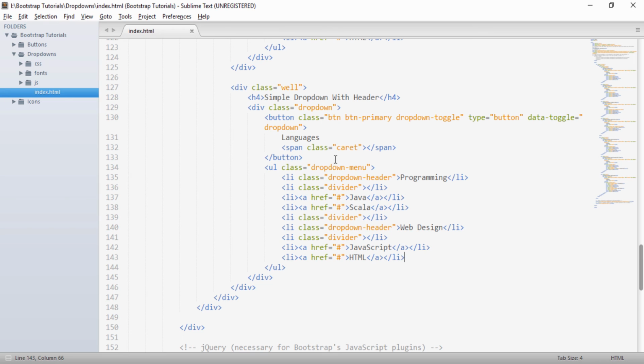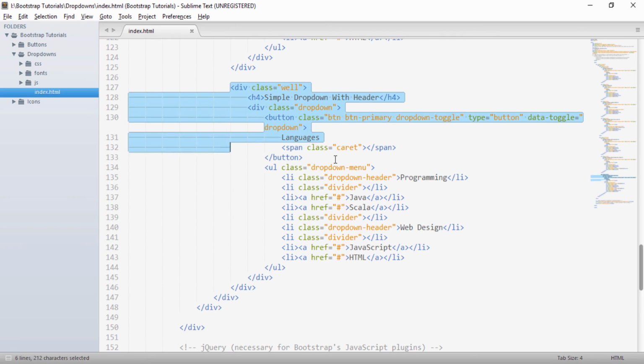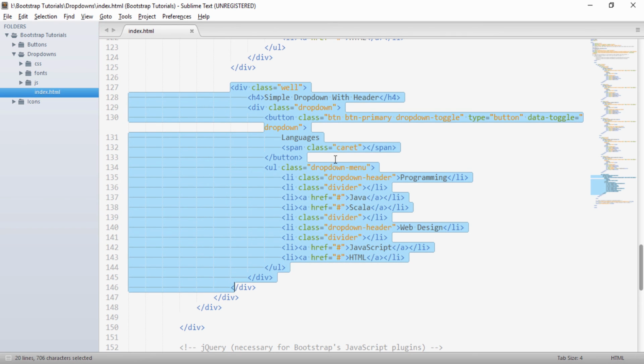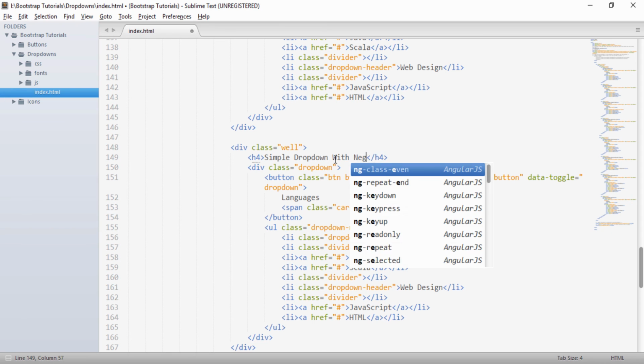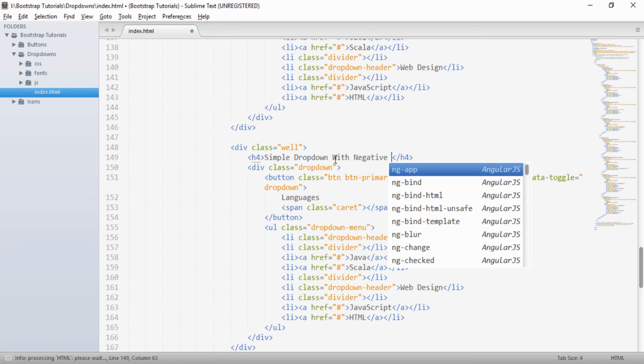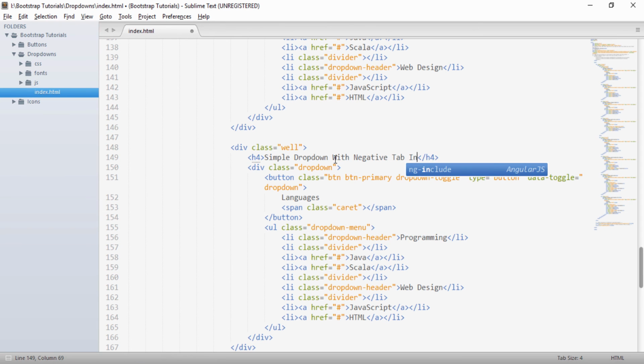One last thing we can see here is, if I copy this again, first I will save it and give a heading as negative tab index.